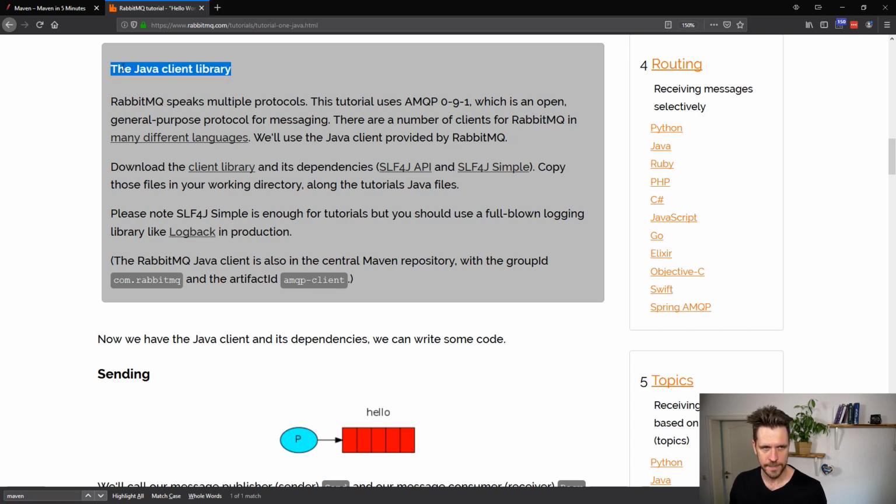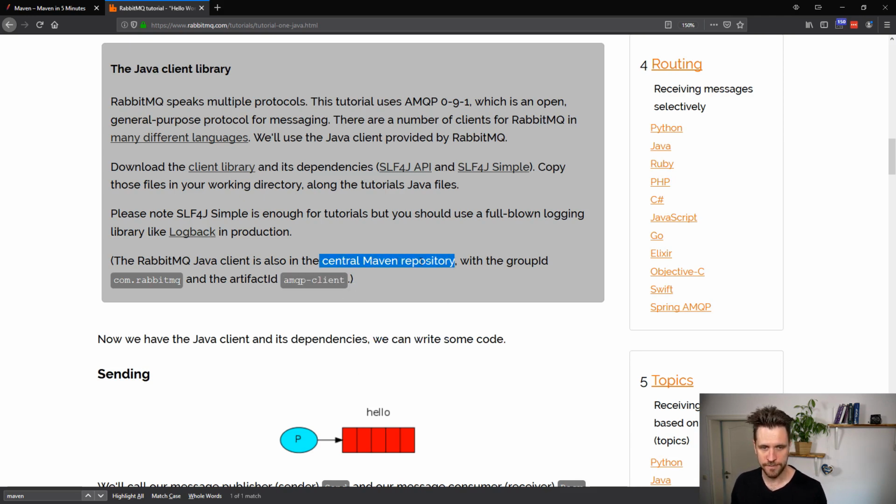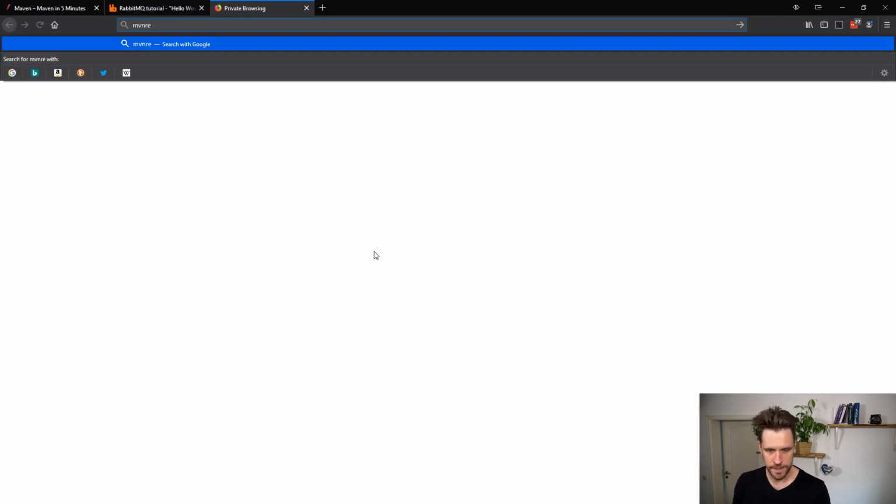And I have a small box here saying the Java client library, download the client library and its dependency, which we don't want to do because we have Maven installed on our machine. So Maven can download the dependency for us. And I'm just going to get the amqp client dependency from the central Maven repository with group ID com.rabbitmq. Thank God they put that here. So I'm just going to say